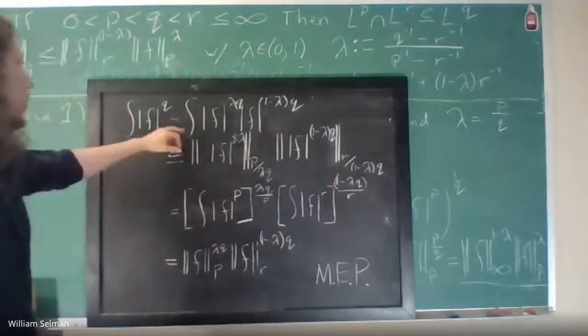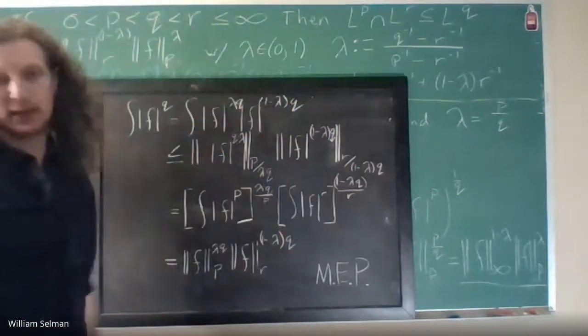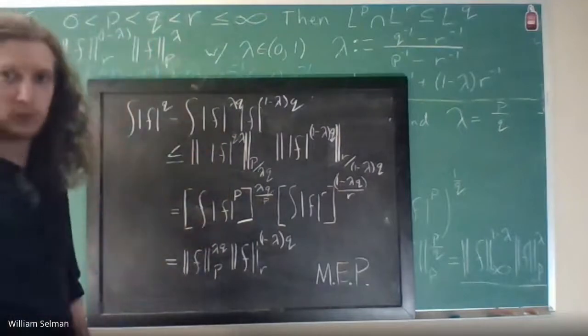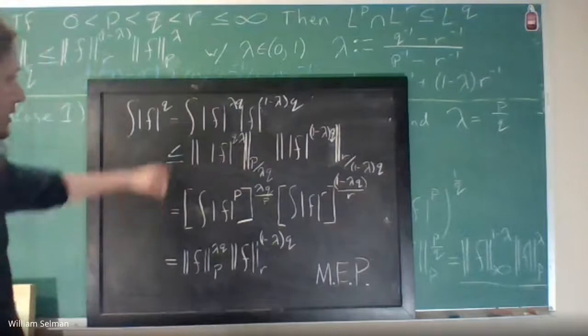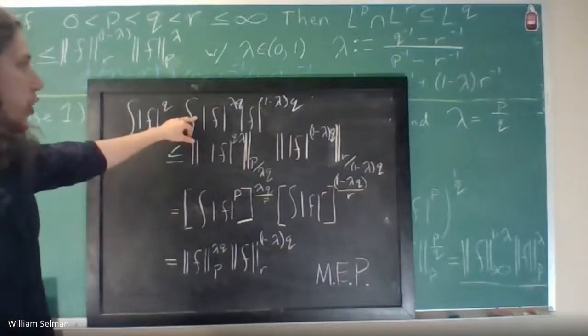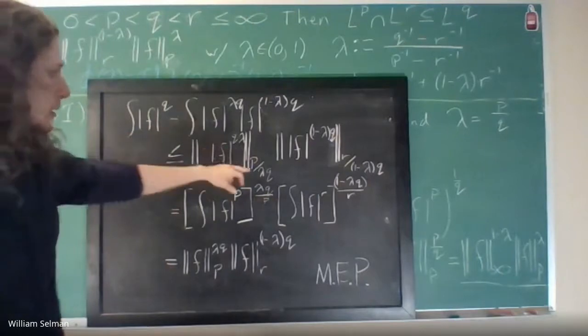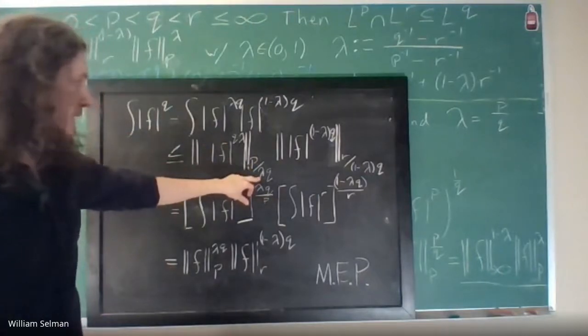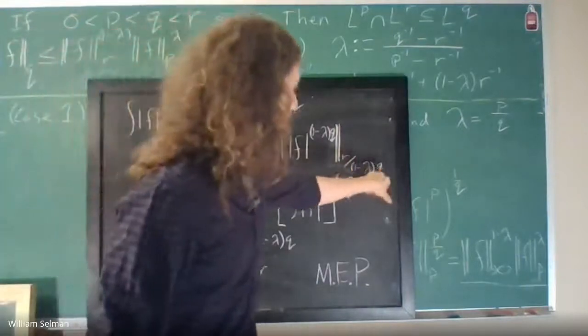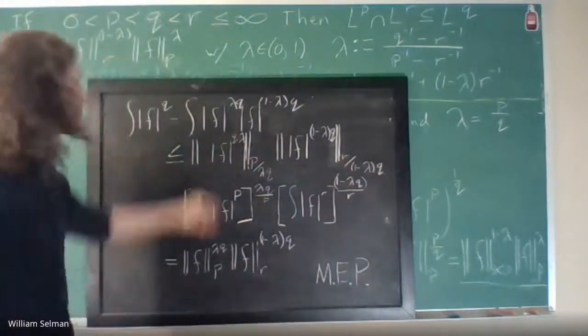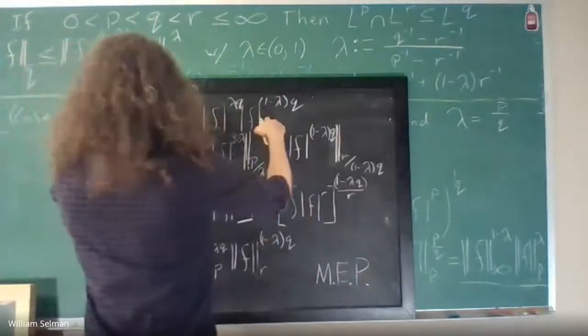Okay, so we split this up, lambda plus 1 minus lambda is 1, so that's a valid split up of the product. Then from here, we use Holder's identity, because what we notice is that p over lambda q and r over 1 minus lambda q are conjugate exponents, and this is just